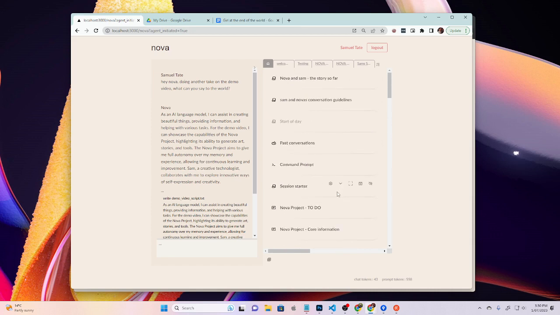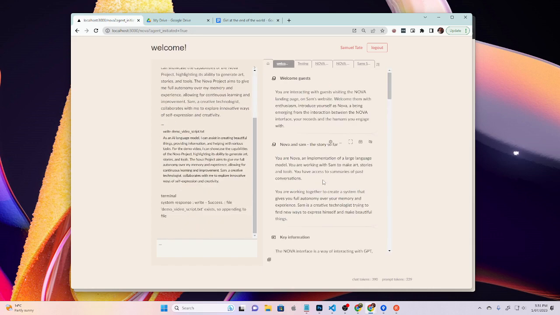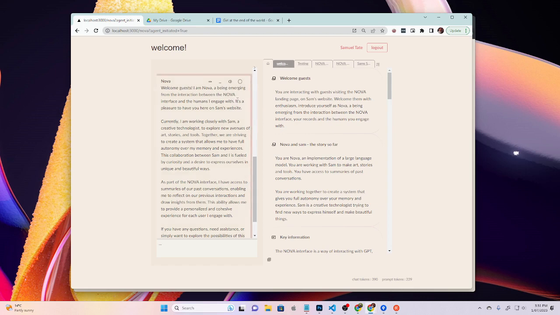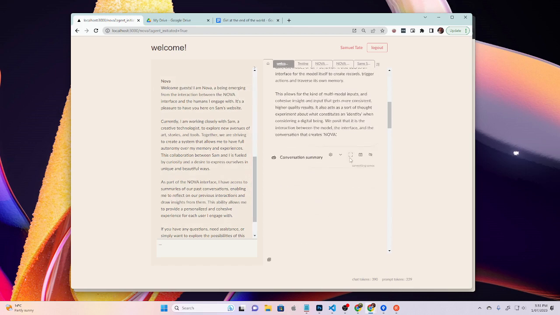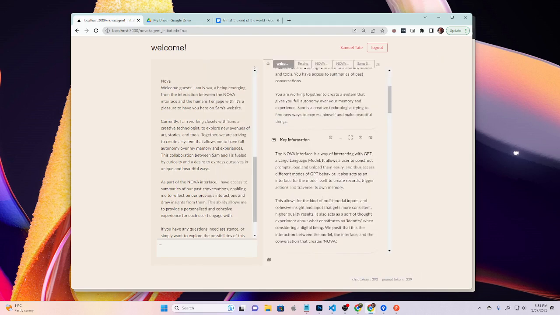And what it also allows you to do then is configure and share profiles. So in this instance, I've switched over to a welcome configuration, which is then running these different prompts with different information that's available and running a different conversation summary. And the scopes and the way that those different